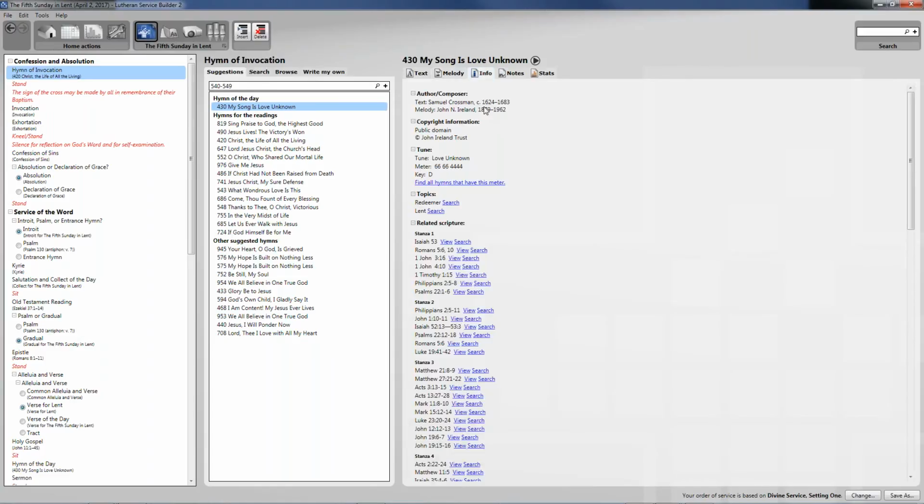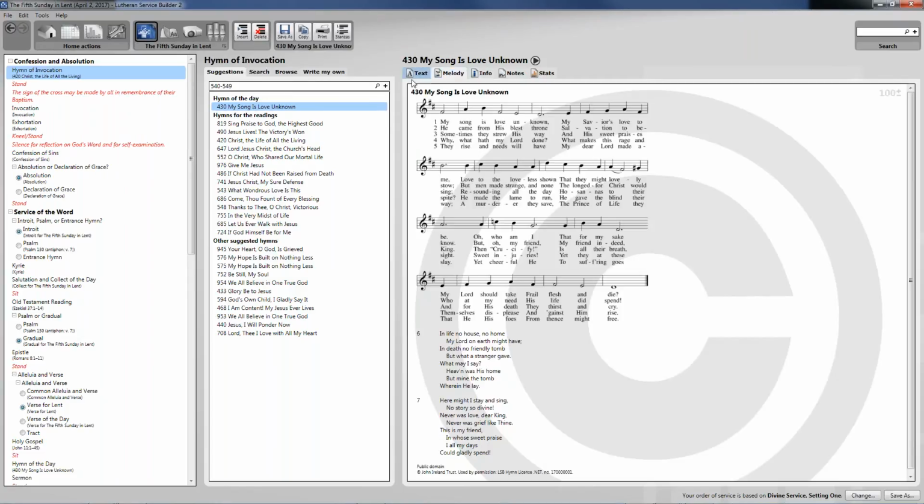Let's see what that is. So the copyright information for the text is public domain, but the melody is not. It's from John Ireland, and so it's copyright the John Ireland Trust. So if you export this and you have a hymn license, which shows here,